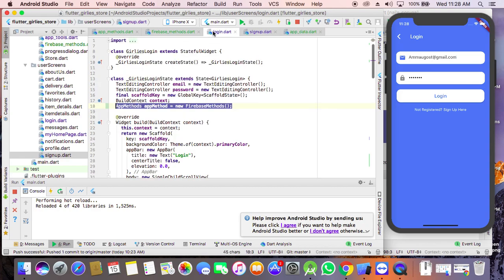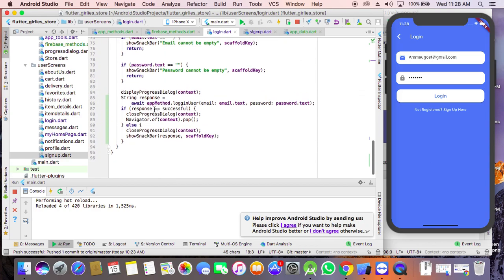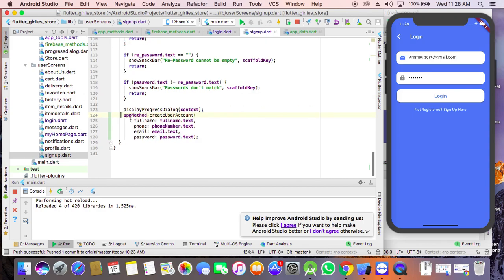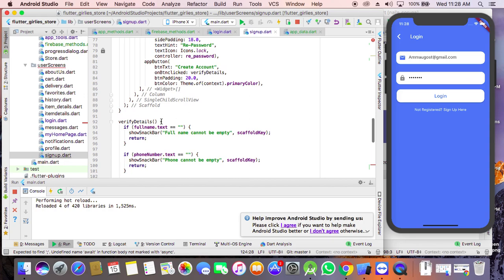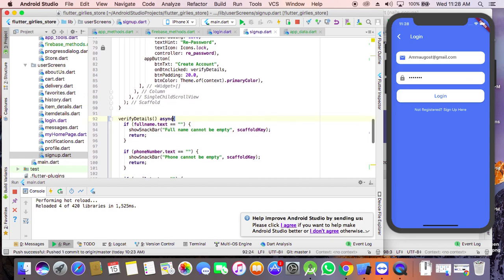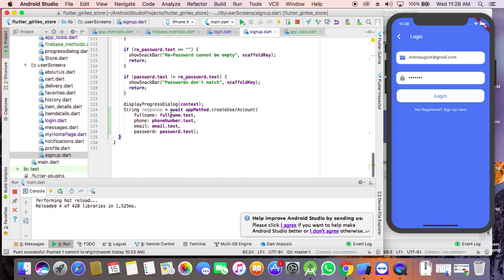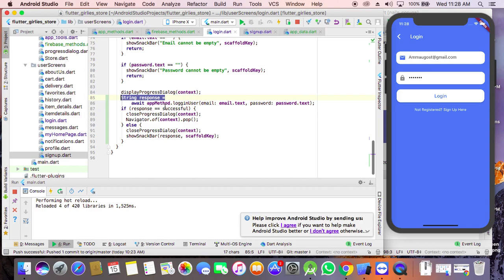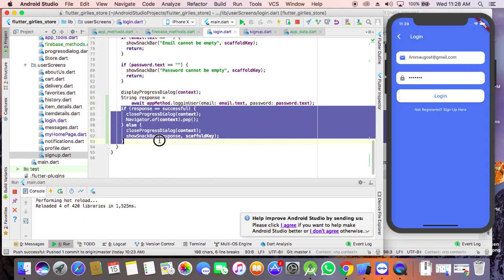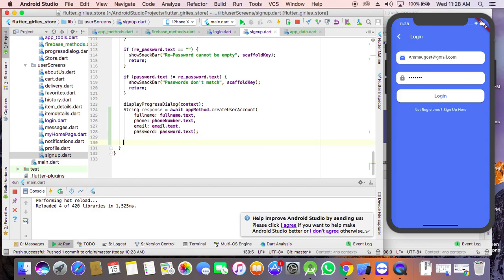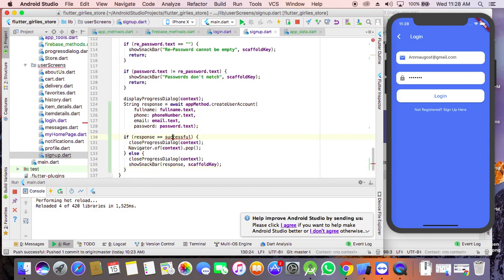So we will just do the same thing we did here. We just have to create a response and wait for the response. So this is our response. We say await our response. For us to await our response, this has to be a Future async. Then now we've done this, we have passed in this. Then we also have to check if the response is successful and if there's an error. So if response is successful,